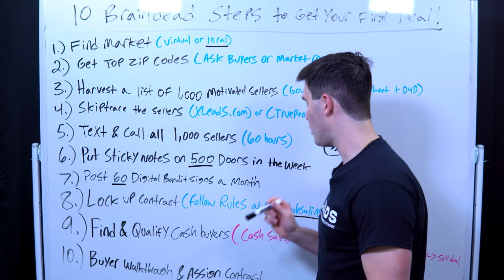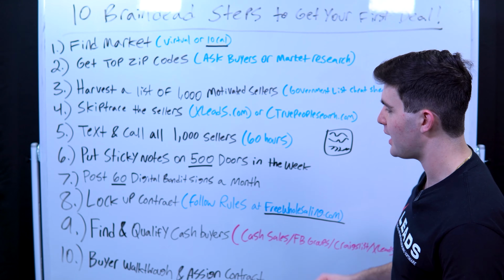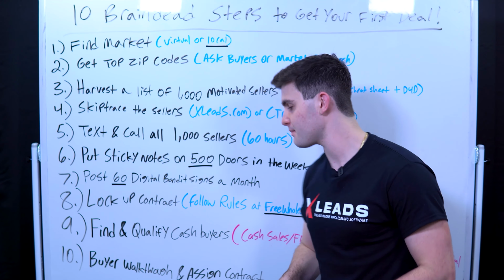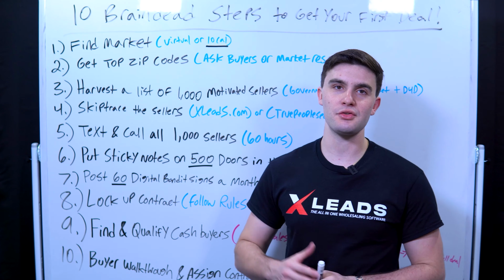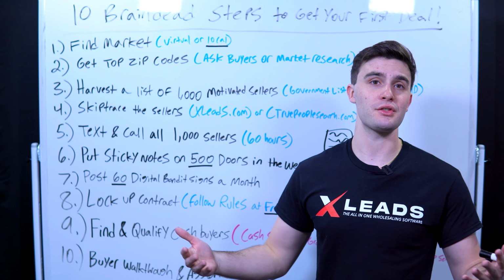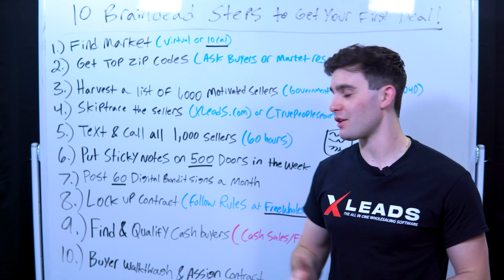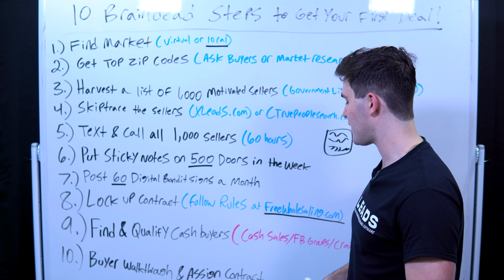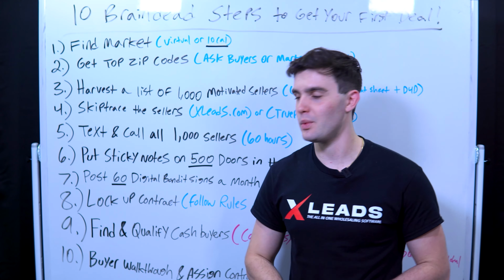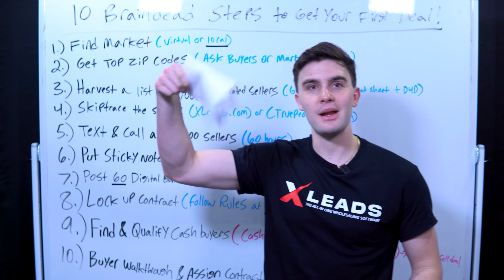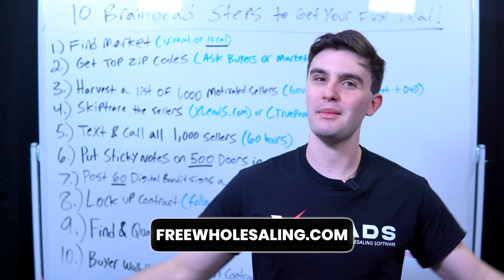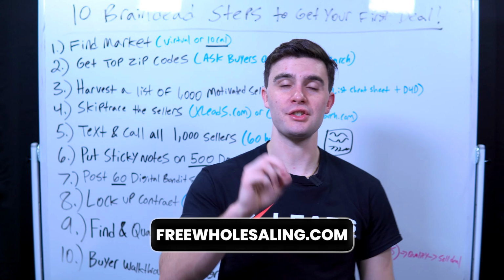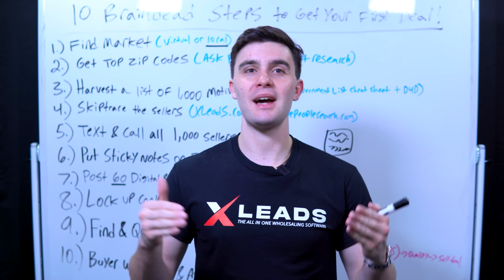Then last but not least, once we get the buyer who's qualified, we're going to walk them through the property. They're going to say, yes, I want to buy it. Let's say you locked up for 100. You offer to sell them the deal for 140 grand. You get a $40,000 finder's fee. You write the assignment of contract for a $40,000 finder's fee, and we get our check, just like any of these bad boys right here. Throw it in the bank account, post a check in freewholesaling.com like you all like to do, and get rich wholesaling real estate.